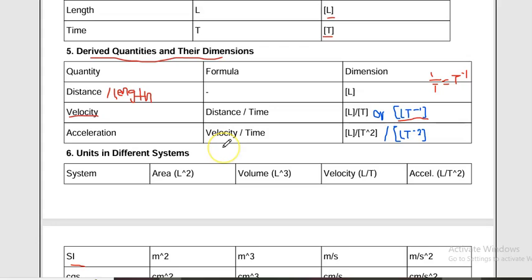Acceleration is velocity over time. These are very simple and true. So what we do, we say acceleration is given by velocity over time. So by taking now this L over T, we divide